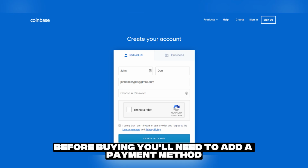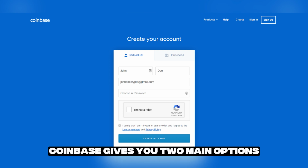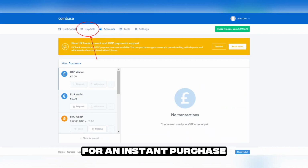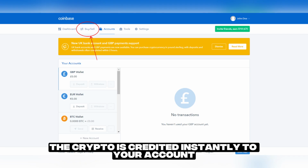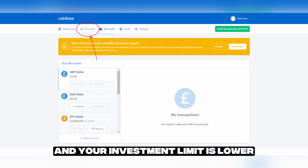Before buying, you'll need to add a payment method. Coinbase gives you two main options. You can either use a credit or debit card for an instant purchase, or fund your account via bank transfer. With a credit card, the crypto is credited instantly to your account, but the fees are higher, and your investment